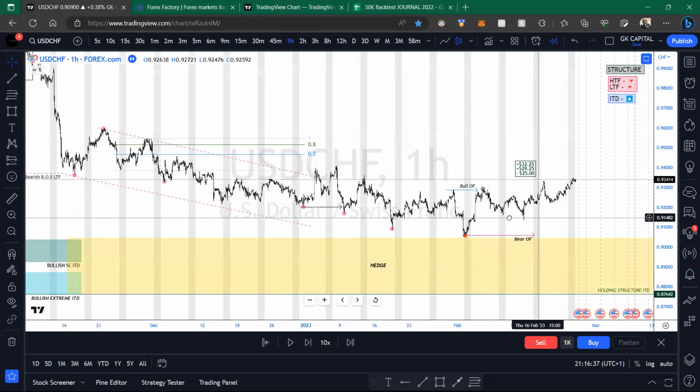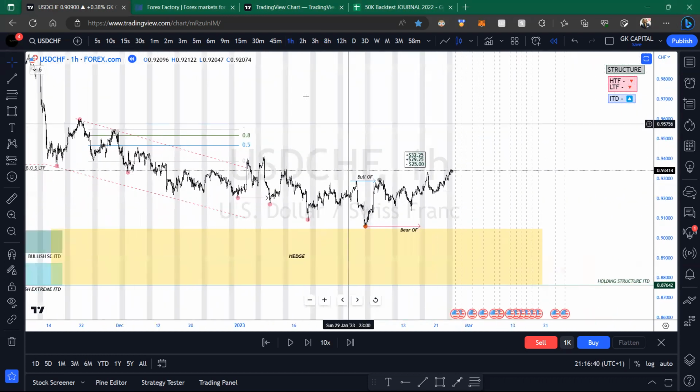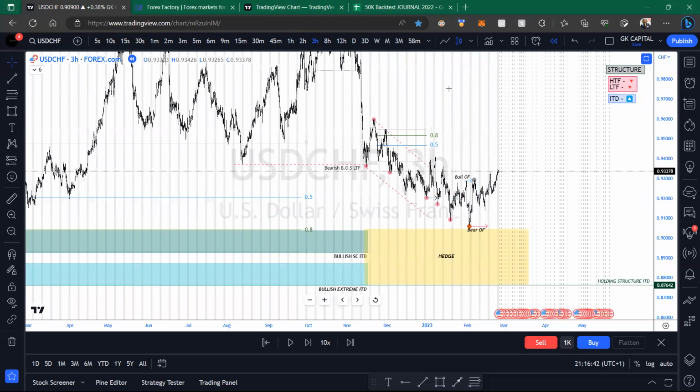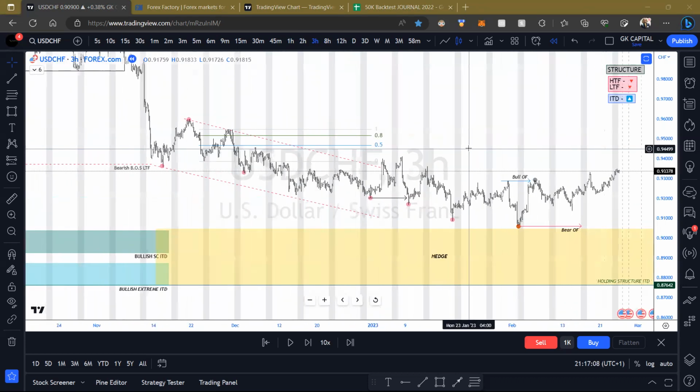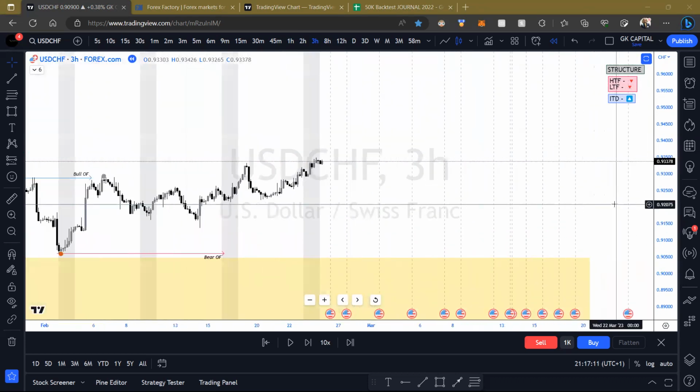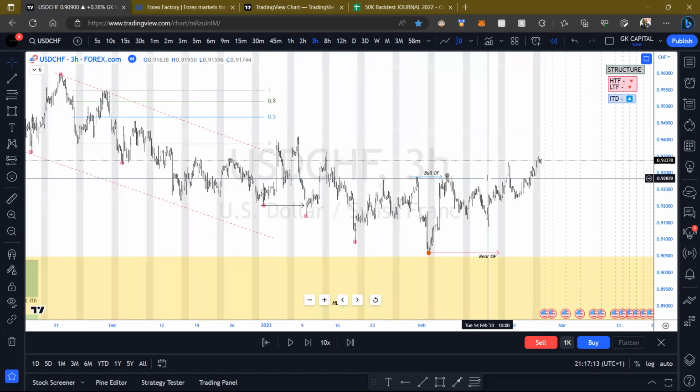So I could very well throw a reduced risk entry to see if this is where price wants to go up and come up into our lower time frame leg. Okay, that's our number one. Or number two, what can we get? We can start to accumulate, right? And then price gives us our shakeout, and then we redistribute. Those two are in the back of my mind, trying to get a feel of where the market is going.